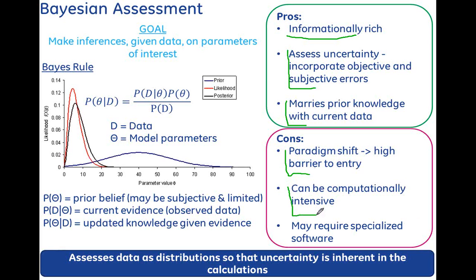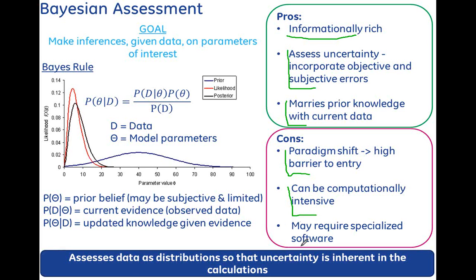It can definitely be computationally intensive, and this is one of the reasons why, just recently, in the last 20, 30 years, Bayesian techniques have really taken off. Now these things were developed in the 1700s, right? But why are they so powerful now? Because we actually have the computing power to tackle the computations required.